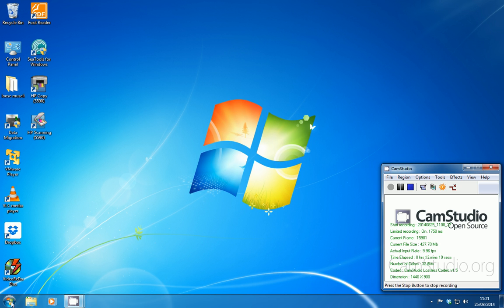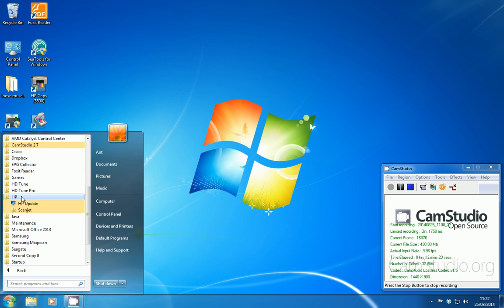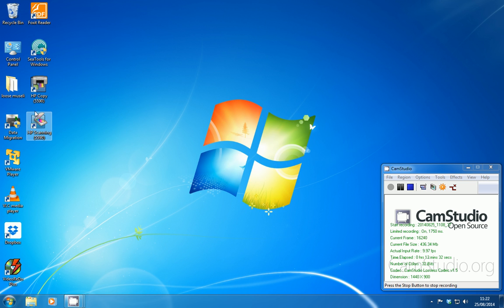Now, what's happening over here? Well, what we should be able to see is that over in the HP section we have HP Update and Scanjet and all those familiar pieces of software that we remember from our Windows XP days. Actually, as it turns out, these look quite different to the software that's installed with the original CD that comes with the scanner, which of course is hundreds of years old now. But if I just lean over to the scanner and press the scan button,